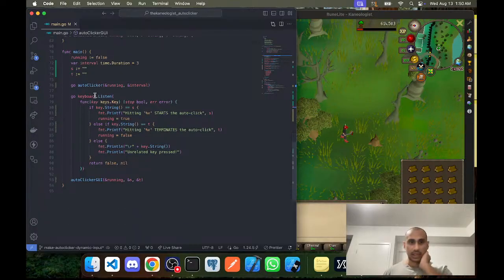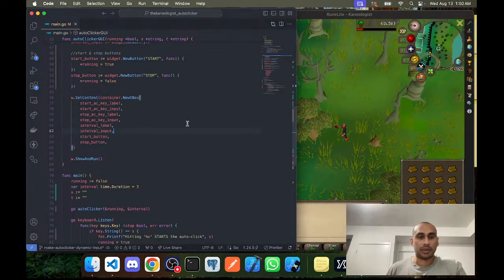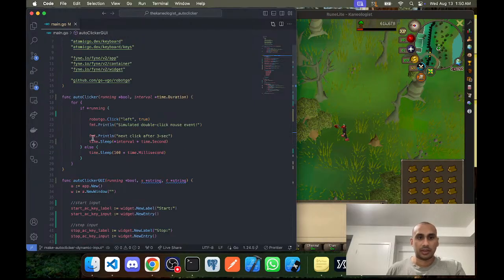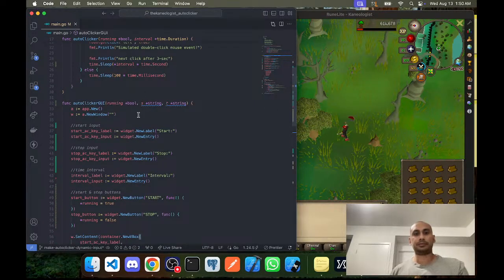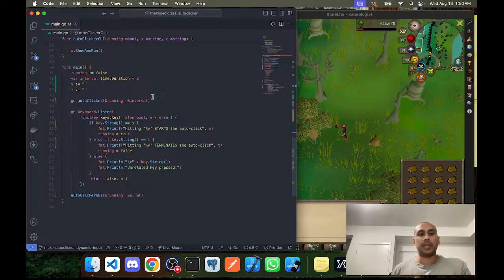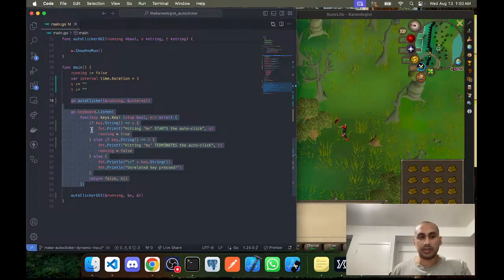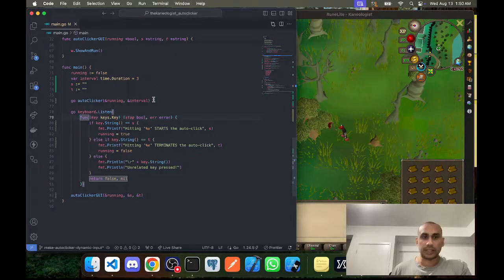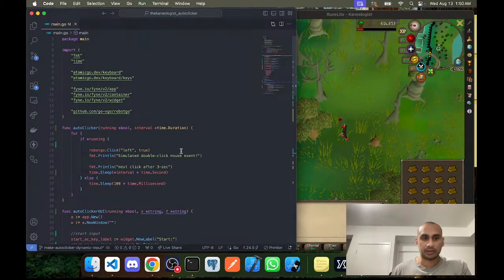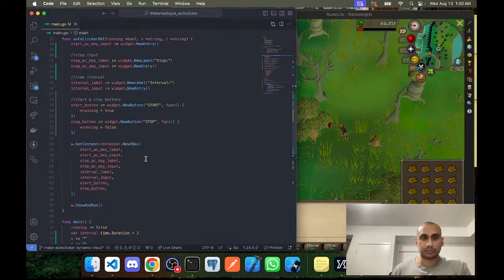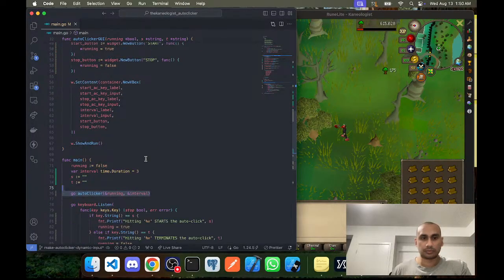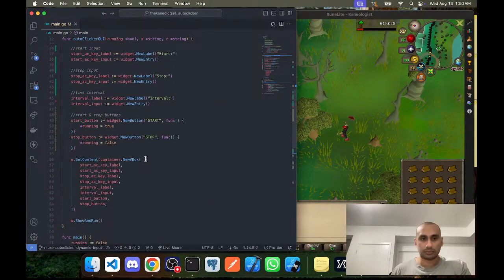Auto clicker, which is the actual place where the GUI occurs, takes in all the values of these pointers. This main goroutine is actually not a main. So this isn't part of the main. These two are sub goroutines. Technically, we could put this in another function, and this is in its own function, auto clicker. I'm wondering how I could do new entry. If I could do,